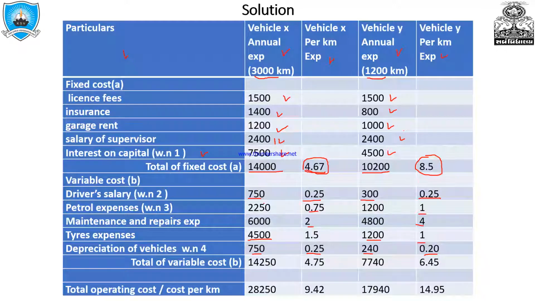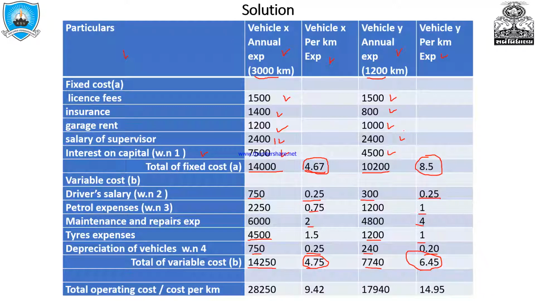Okay, so let's sum the total of variable cost, and the answer is 14,250, and for vehicle Y 7,740. 14,250 divided by 3000, and the per kilometer variable cost is 4.75, and the per kilometer variable cost of vehicle Y is 6.45. 7,740 divided by 1,200,